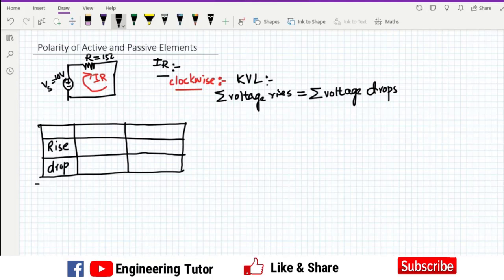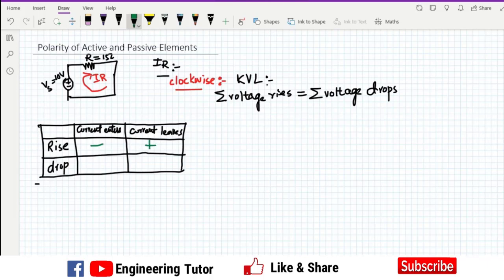So consider the terminal where the current enters and where the current leaves. When in the element the current is entering through the negative and leaving the element through positive,